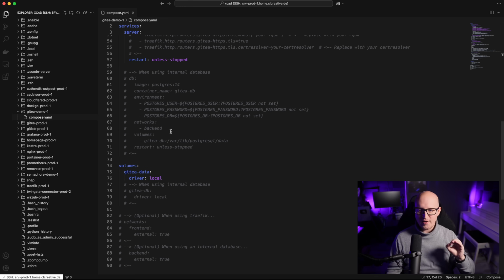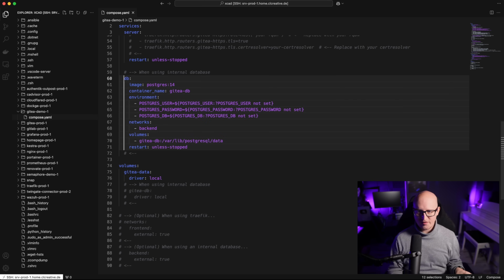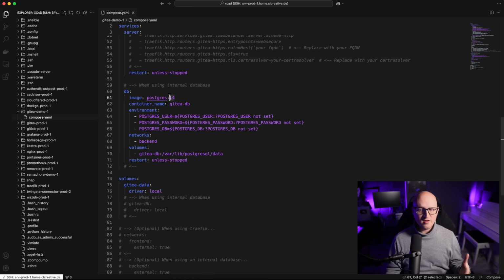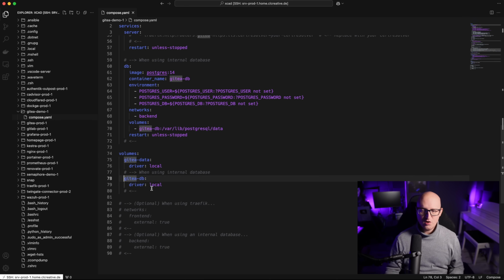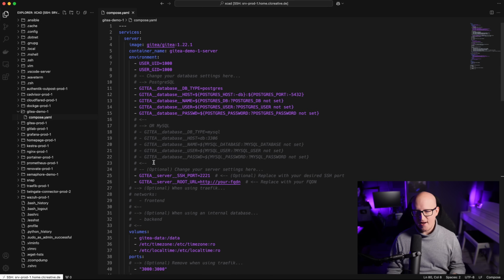I also added a template for running a database container in the compose file as well. So if you don't have an externally managed database and you just want to deploy a fresh new container that just automatically works, then you just need to uncomment these lines here, and this will create a new Postgres database in the version 14. This is what I also copied from the Gitea compose file in the tutorials. And if you're using this, you also have to use a persistent volume for the database, of course, so that the data is stored even when you restart or redeploy the container in a new version. All right, so I'm also going to remove the MySQL things here because we don't need this since we have